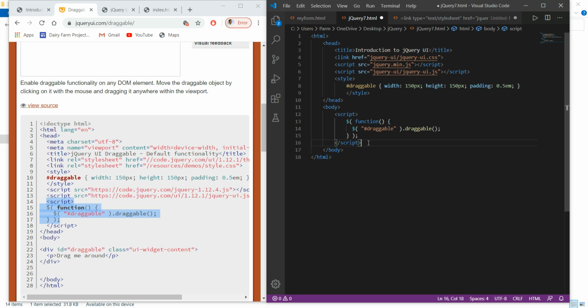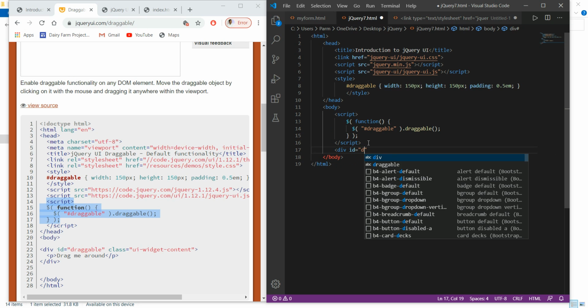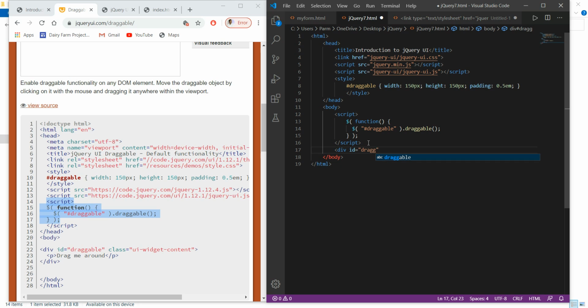Okay, so closing the script. Then we have to write a div, and to this I give id equal to draggable, that we have created, and class as ui.